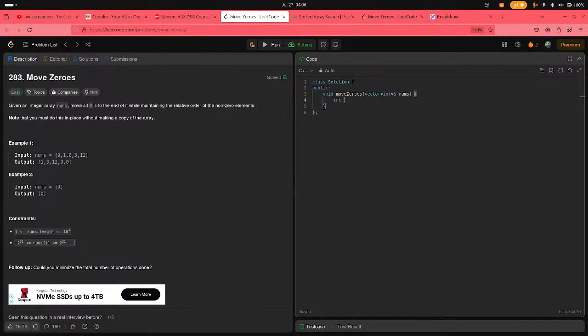At first I have to declare the int. Let's say j is -1. I am just initializing it. Now int n equals nums dot size, and I have to initialize a for loop. It will go int I equal to 0, I will go to n, and I plus plus, and it will do what? It will check